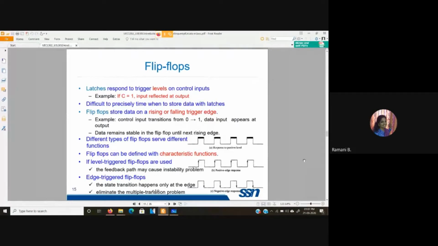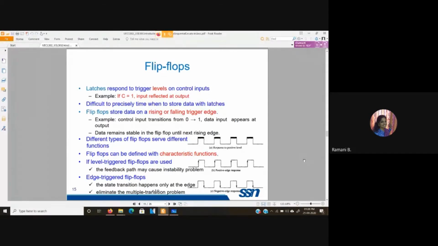Good afternoon, guys. So last class, we were seeing the introduction with respect to sequential circuits, and we saw the basic building block, that is latches. With latch, we also saw how you could work it using a control input. So here with flip-flops, we will see the difference from that of latches, and then we will see each one of these types. So with latches, basically we saw that it is level sensitive, right?